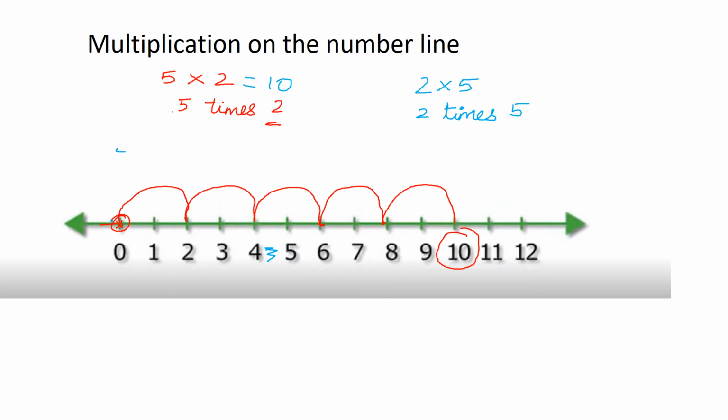5. Yes. So here again I am starting from 0. Can you see the blue line? I have to take 5. 1, 2, 3, 4, 5. One time. Again I have to take, how many times I should take? 2 times I should take 5. So again I'll take 1, 2, 3, 4, 5. Where have I reached? I have reached 10. So 2 times 5 also I got 10. Understood? Is it clear how to draw?